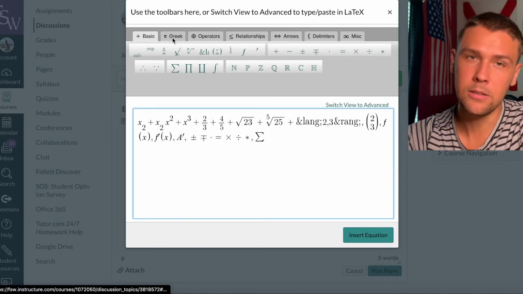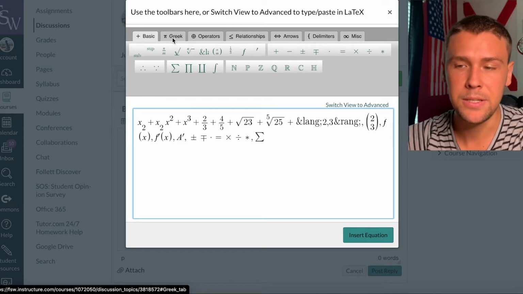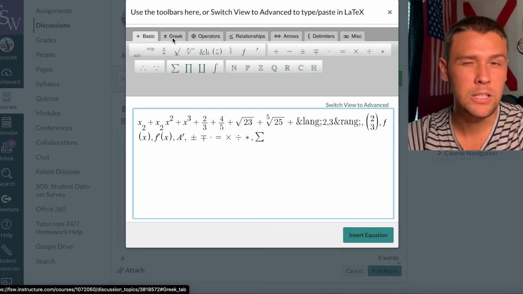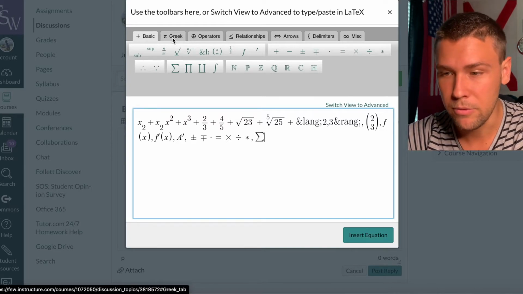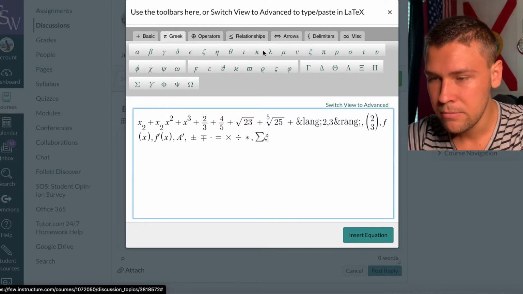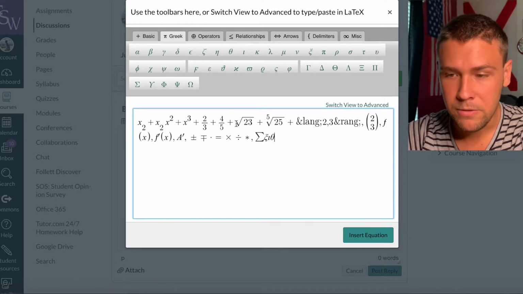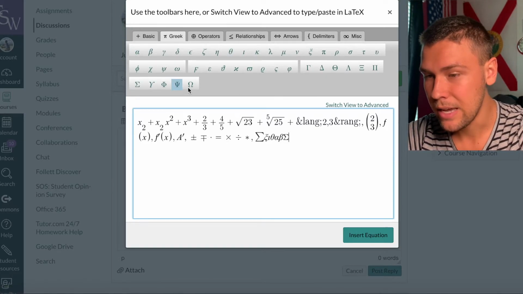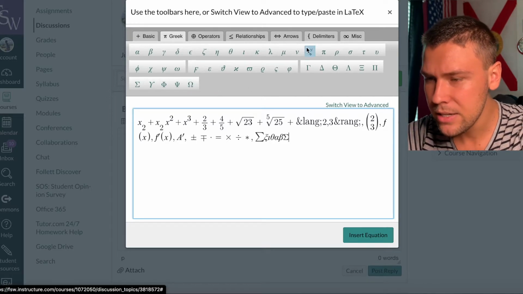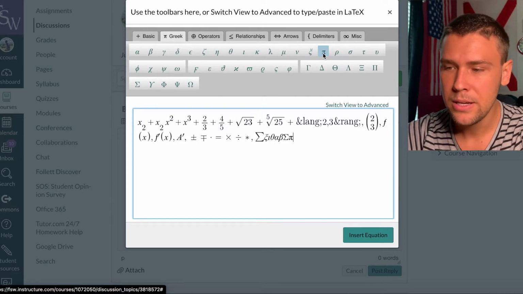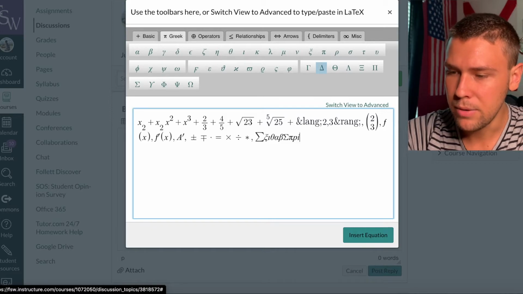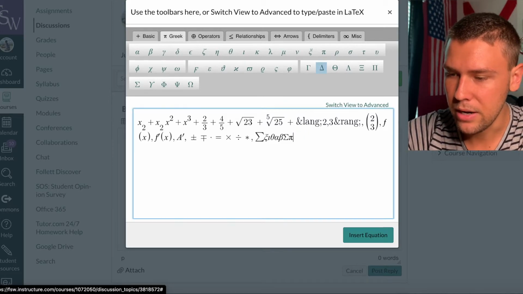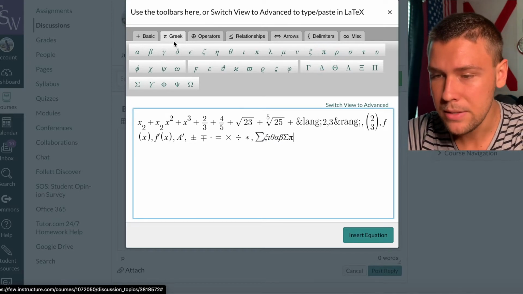All the rest of these little ribbons, all these rest of these little tabs in the top are kind of specific and you'd really only use if you needed to, so I'll just kind of leaf through them. Here's all your Greek letters. You might find yourself using theta, alpha, or beta, maybe summation again, or that's capital sigma. Pi is actually in here. That's probably the one you use the most if you need to. Although I believe pi, you can hit like backslash pi or slash pi or something like that. I don't know, but it's there.